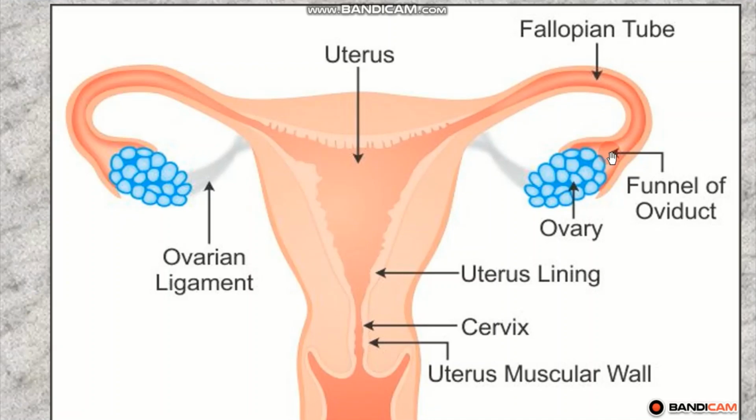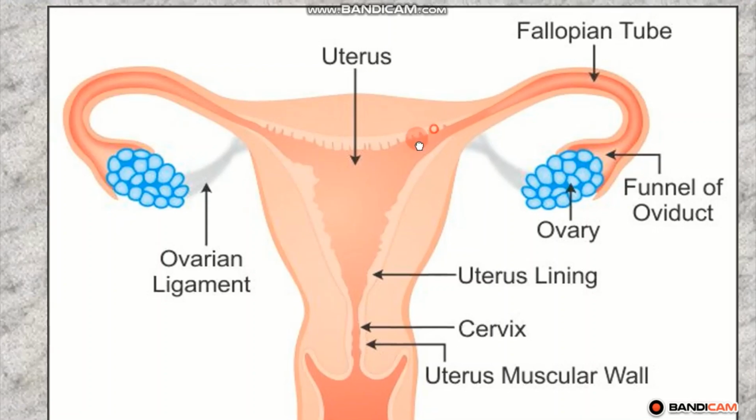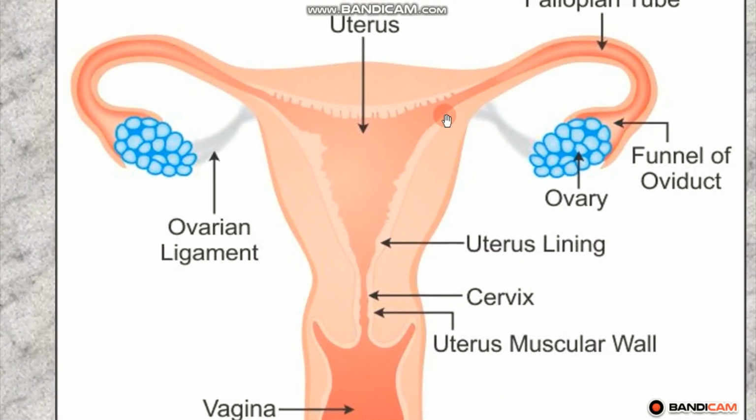This funnel part is the infundibulum, the first bend is the ampulla, and at the junction of the uterus and fallopian tube, this part is known as the isthmus, which has a narrow lumen opening into the uterus. You just see here is a broad tube, but here are narrower parts, going towards the uterus.